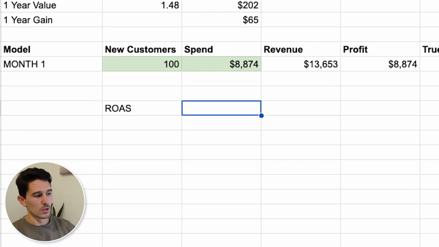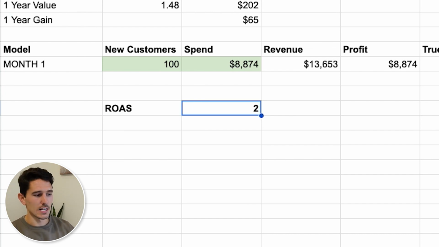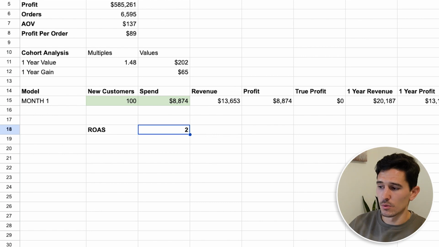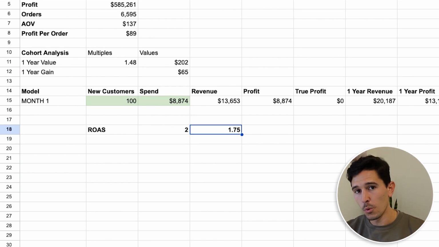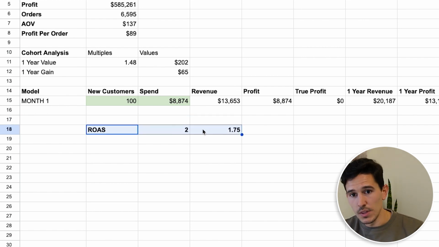If you've run ads before, you know what your baseline return on ad spend is. Let's say your baseline is 2. Pretty much most of the time you get a 2x return on ad spend. How hard is it for you to double your spend at that 2? It should be extremely hard for you to just straight up double your ad spend. So instead what you have to do is you have to say, all right, what happens if I can get to a 1.75? You might be able to double your ad spend at a 1.75 multiple. So meaning we're only losing 12% efficiency in our return on ad spend, but we're gaining potentially double the acquisitions,